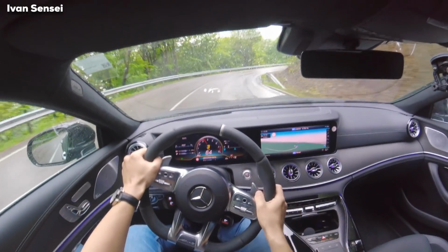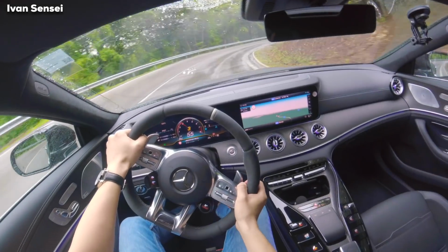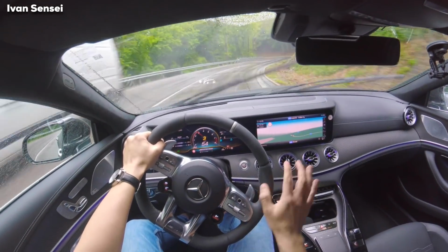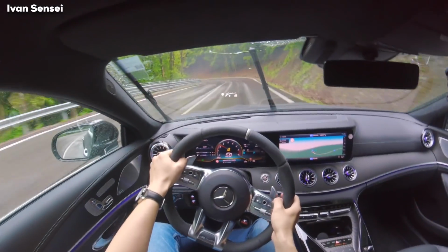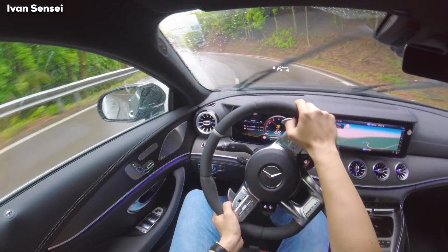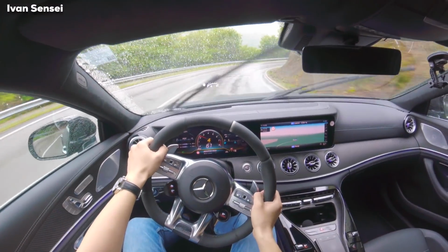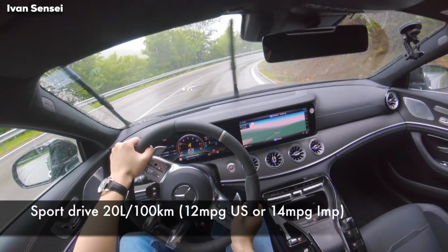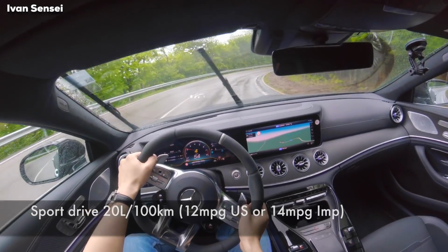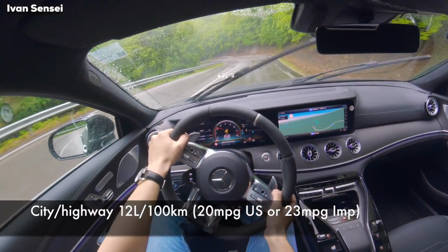If you add gas and then let go, then it will make like crackles. So on the way up it was just half wet, half dry road, but now it's fully wet. And this is just a phenomenal car. Consumption 19.5 now, but when I was driving normally in the beginning, when I was warming up the car,